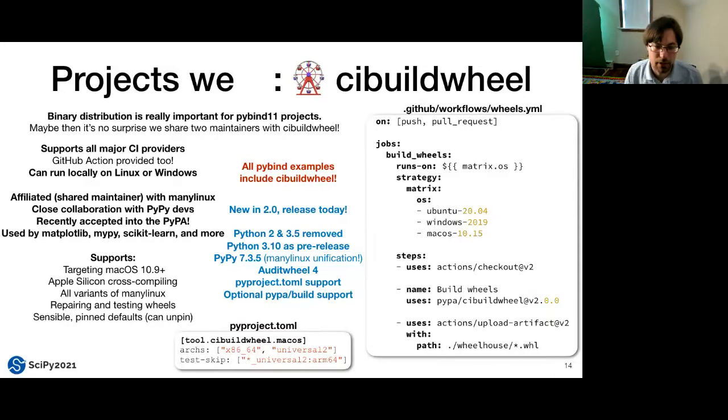Lots of great things there. And it has the pyproject.toml support. So you can now put your configuration in your pyproject.toml file. The sort of goal of CI build wheel always has been to separate you from your CI so that you wouldn't be dependent on your CI. And this goes even further with being able to just specify everything that you need inside your